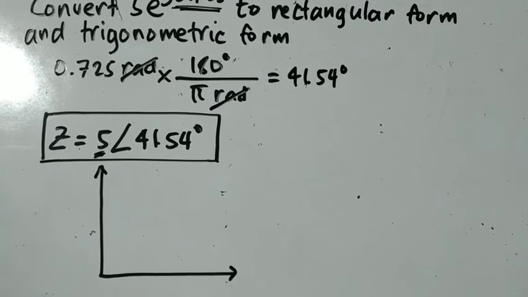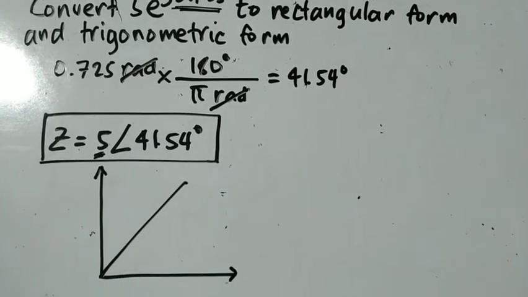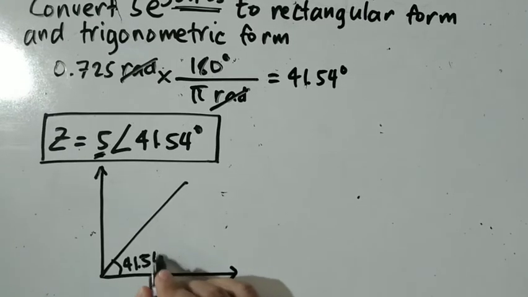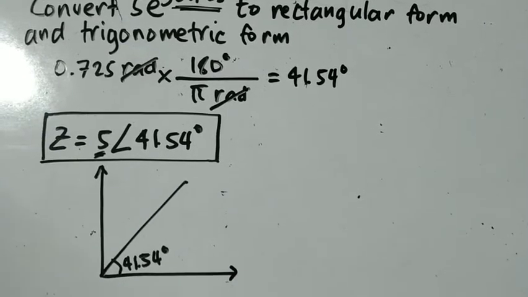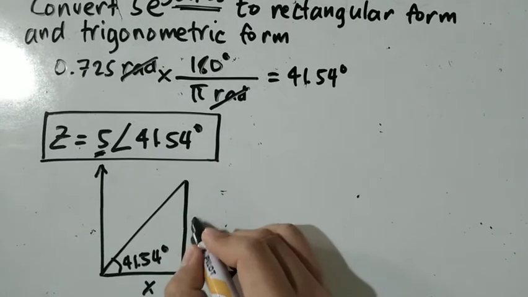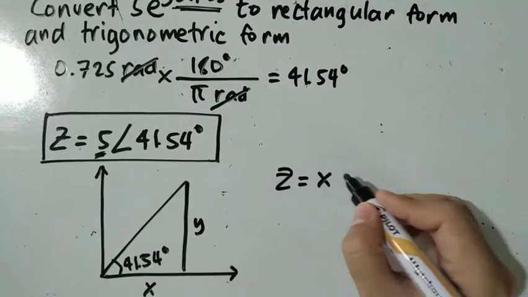Now for rectangular form, we have 5 here, and then the angle is 41.54 degrees. So our task is simply to obtain the x-axis and the y-axis,